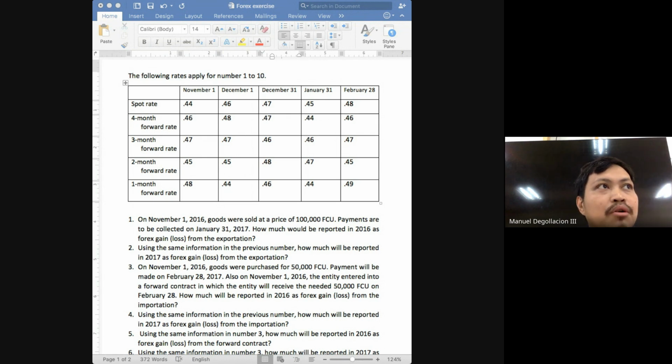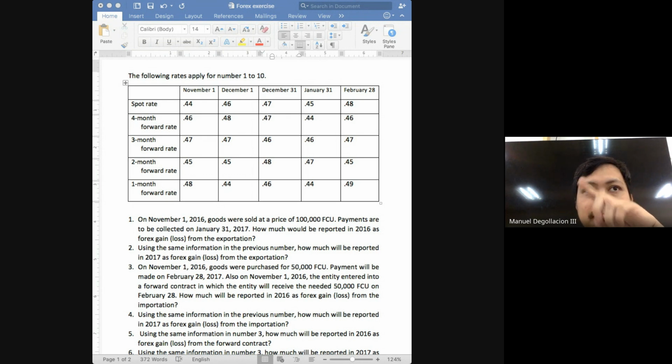Okay, let's say, for example, we are on December 29. The spot rate on December 29 is 0.45. Then on December 30, it's 0.46. So is there a change in the spot rate? Yes. Should you adjust your accounts payable or receivable? Yes. And because of the 0.01 change, you will have a forex gain or loss. Next, on December 31, it went back to 0.45. Okay? Was there a change? Yes. From December 30, it's 0.46. On December 31, it went back to 0.45. Is there a change? Yes.